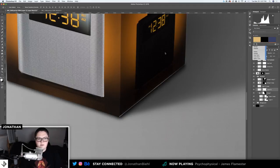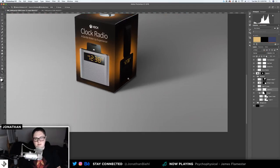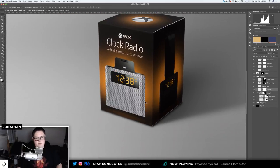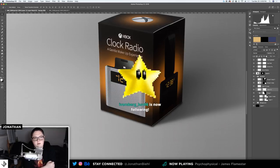it's really all just about finding what you think looks best. The process isn't going to be identical from box to box, but you follow the same sort of process, and then you might have to tweak a thing here or there, and then eventually it's going to end up looking